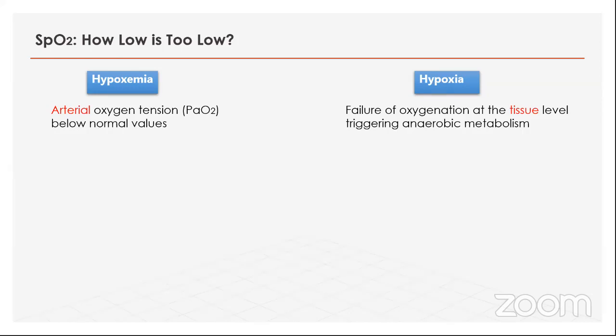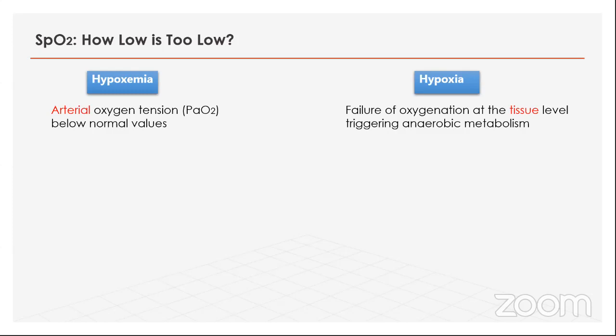What is the difference between hypoxemia and hypoxia? Are we targeting the arterial oxygen only in the blood? This is the definition of hypoxemia. Or are you targeting the tissue oxygenation? Hypoxia is a failure of oxygenation at the tissue level, triggering anaerobic metabolism. So for sure the most important thing is the hypoxia, not the